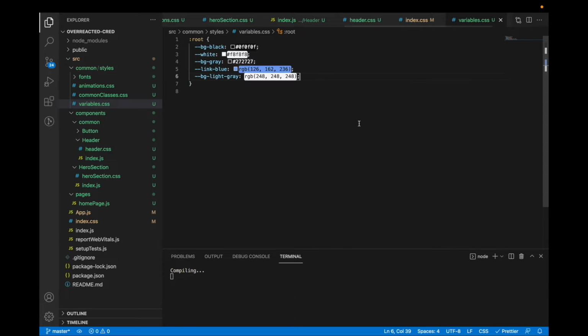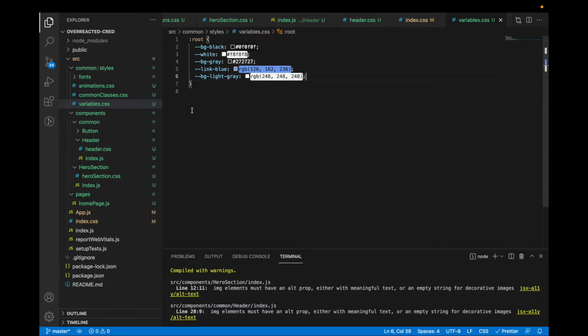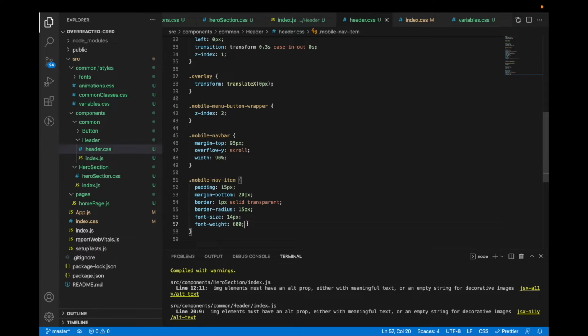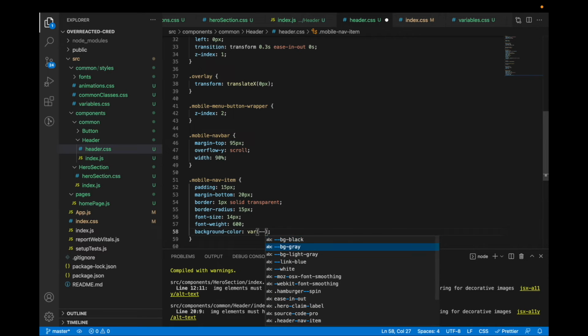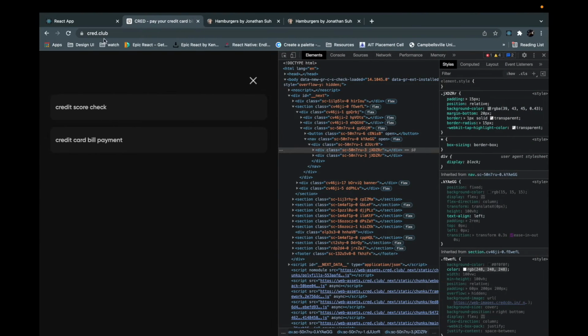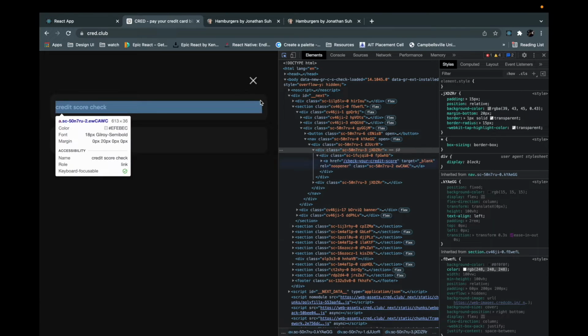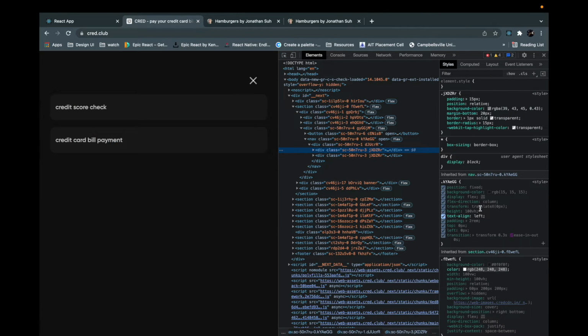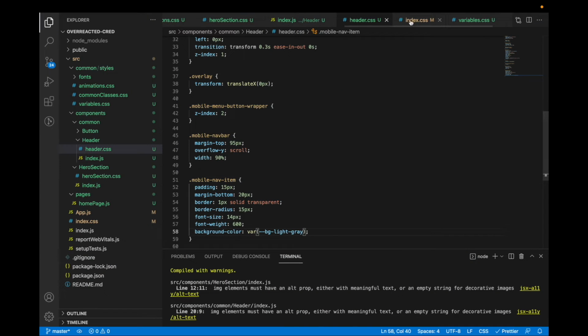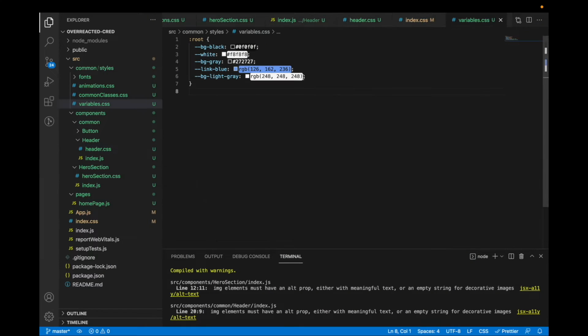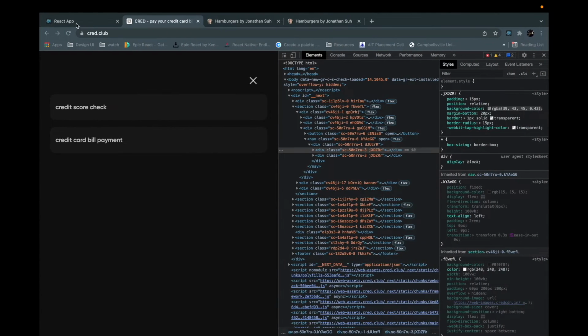Also for your variables, make sure that you are giving proper names so that you remember those whenever you are using it. So for background color, we are using bg light gray. Perfect. Okay, no, I copied the wrong color. So this is here. Okay, I have to copy this color actually. I'll go to variables, I'll replace this color, and this should work now. Yep,